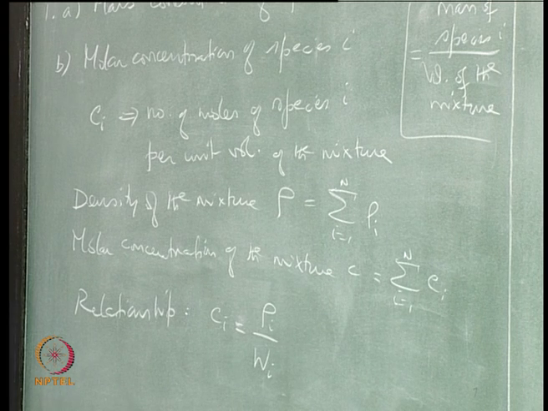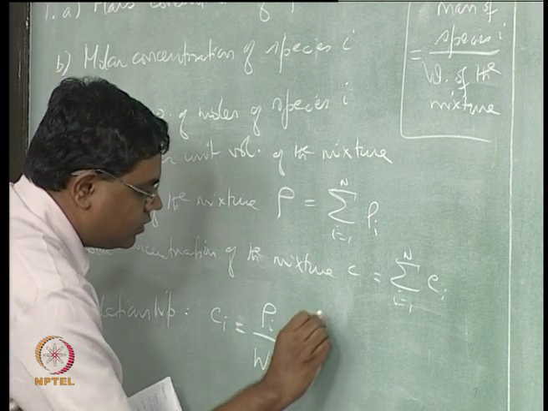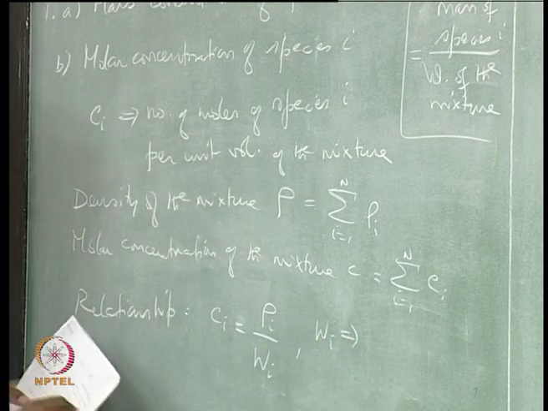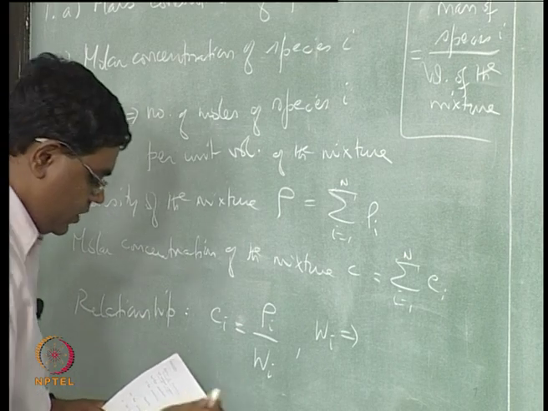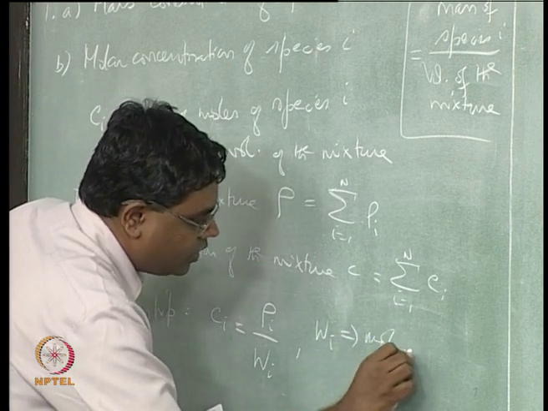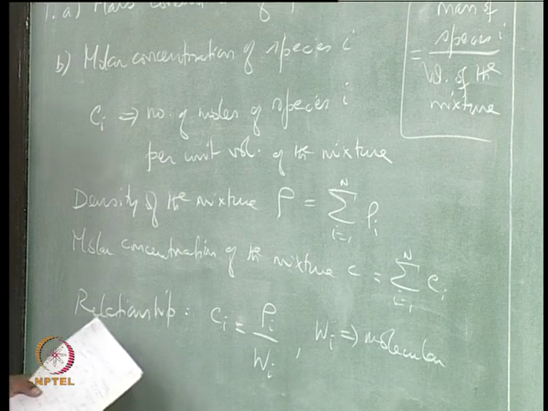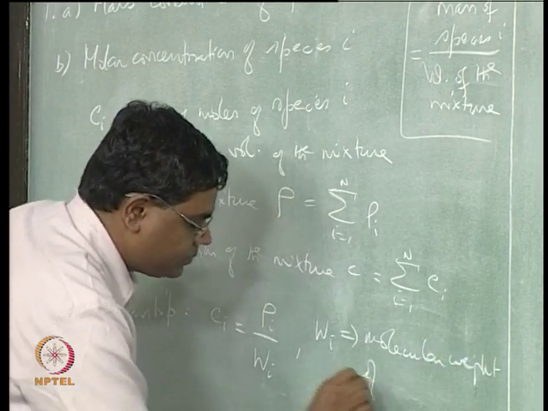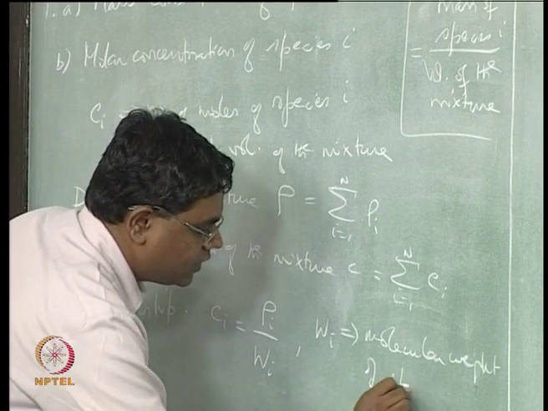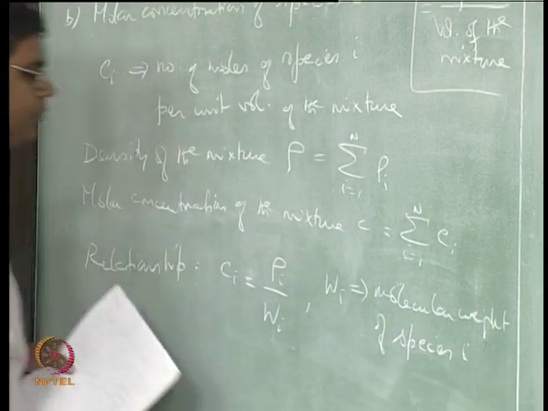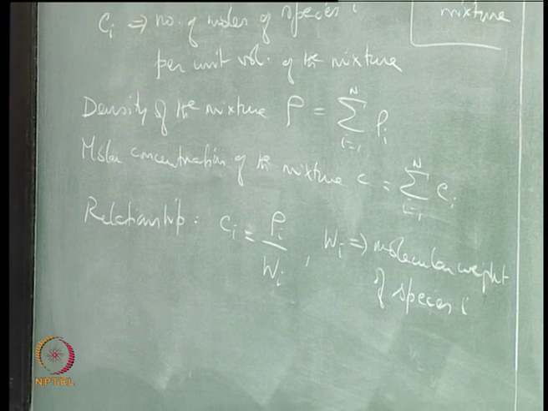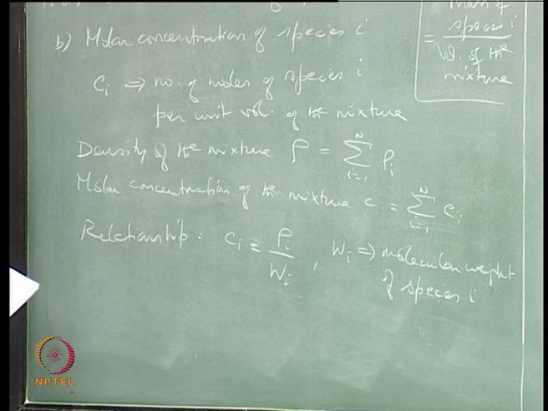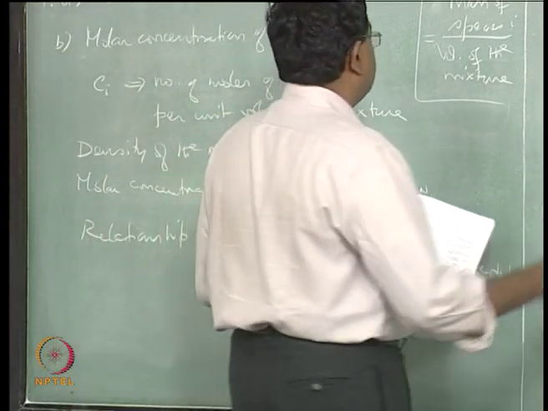Okay. Now these are things that are kind of confusing to begin with, if you are not used to them. There's a reason why I am going through these things rather slowly. So this is where we now say capital Wi is the molecular weight of species I, right? The second definition that we want to have, and I'll try to use the next panel,